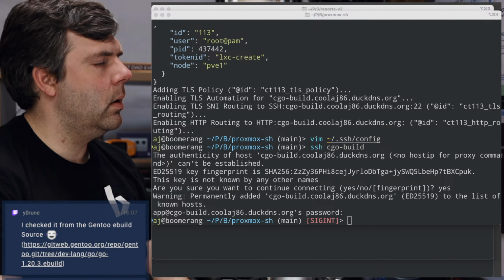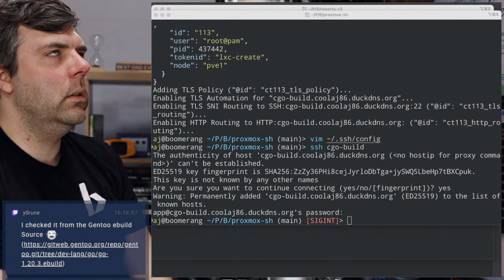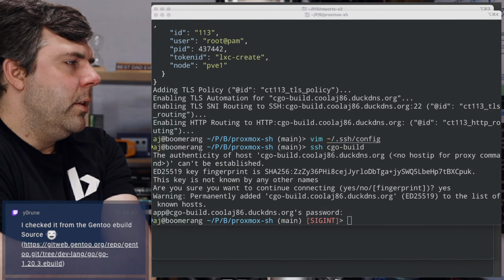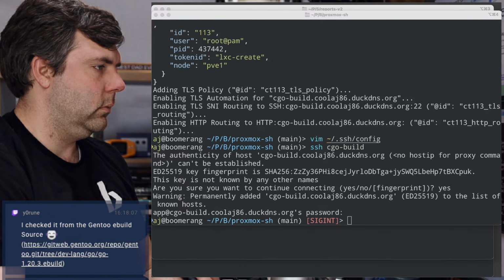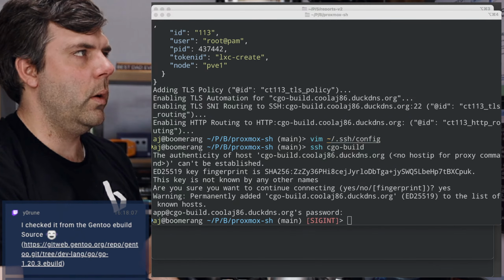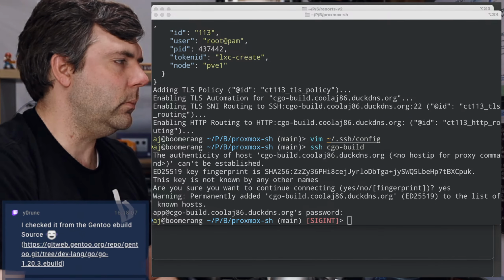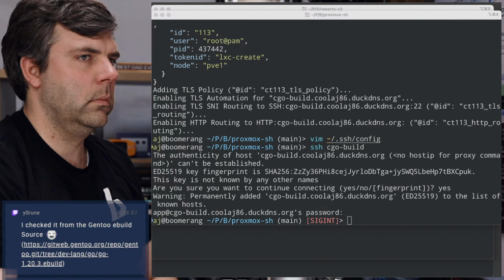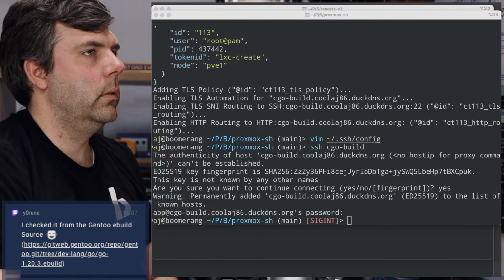Yeah, so I need to set up the Ubuntu image as well. And there's a couple of updates I need to make to the Alpine image. So that's getting set up. So this will be here shortly.